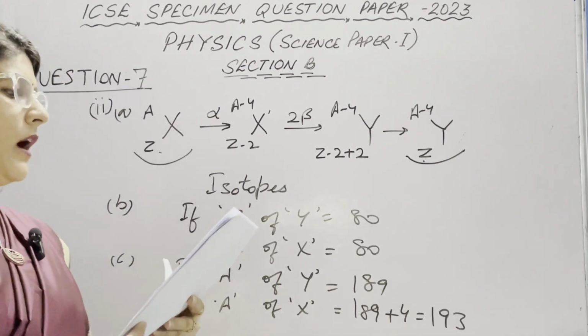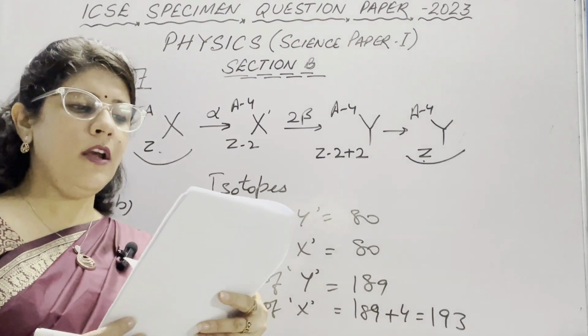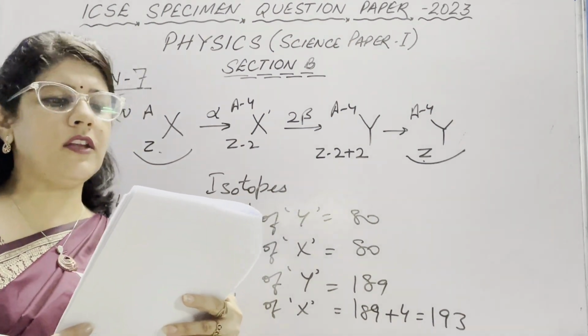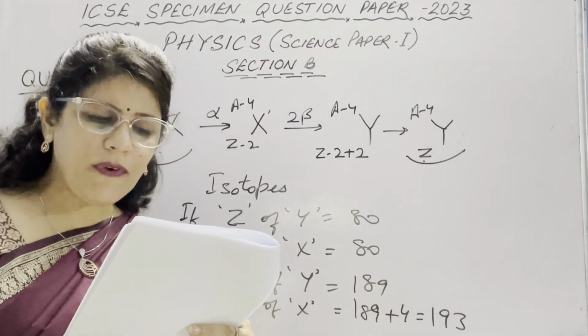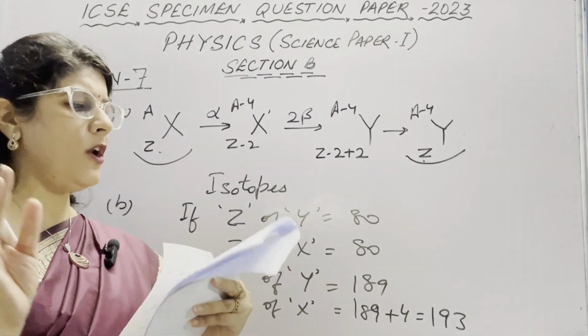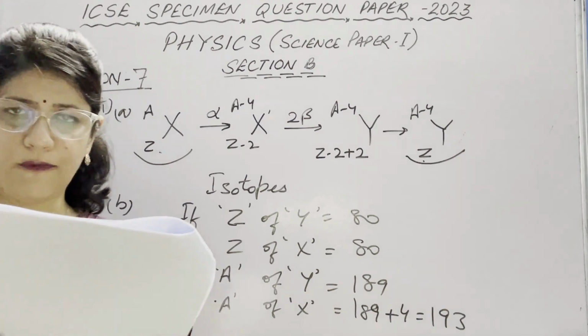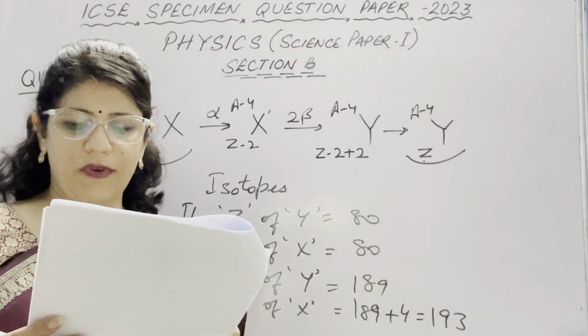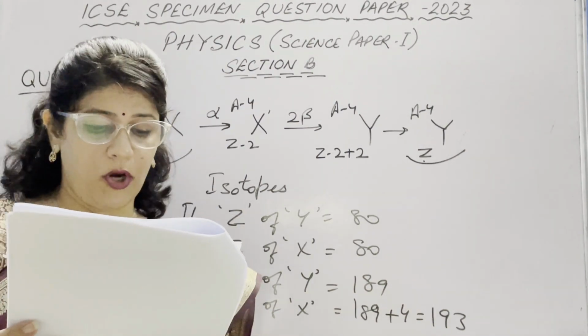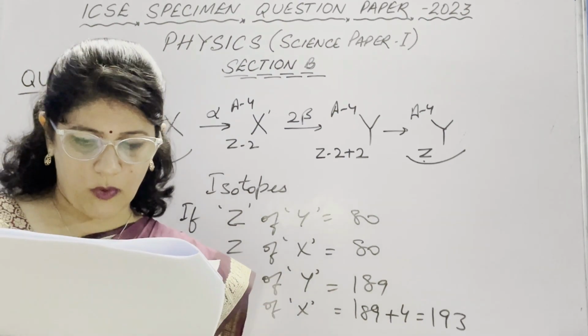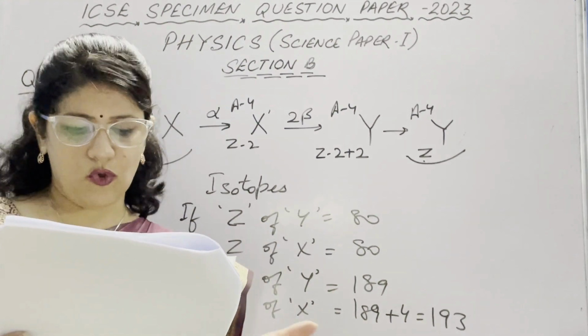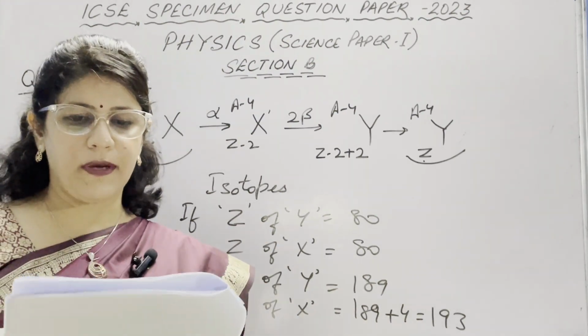In third part, a boy tunes a radio channel to a radio station 93.5 megahertz. Name and define the scientific wave phenomenon. We all know that this is resonance, and you know the definition of resonance is a special case of forced vibration when the frequency of externally applied periodic force on a body is equal to its natural frequency and the body readily begins to vibrate with increased amplitude.